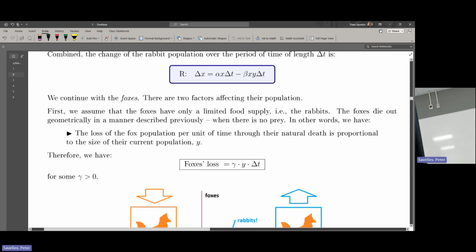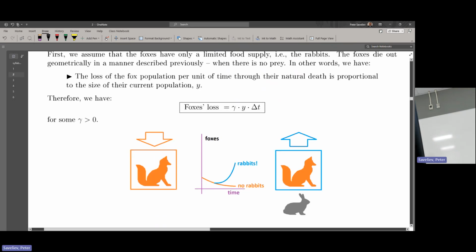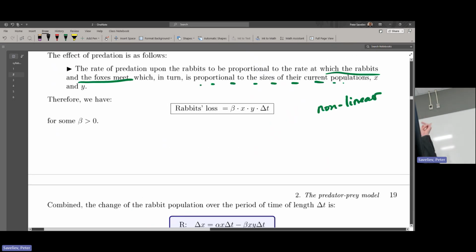And now we introduce rabbits. Now the foxes have something to eat, and therefore, if you have enough rabbits, it's possible that the population actually stops decaying and starts to grow. Okay, so that's what rabbits do to the foxes. So once again, the contribution is separate, but it's similar to this one. So that second term right here. Rabbits' loss is